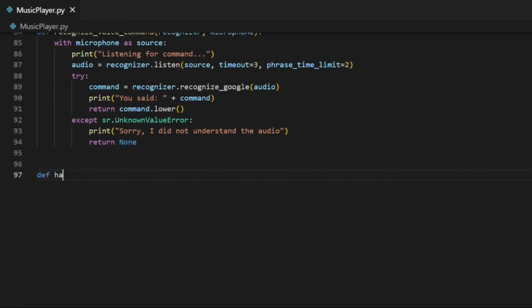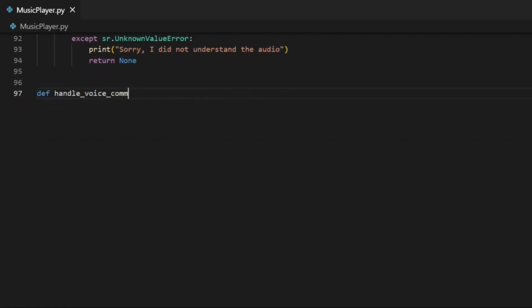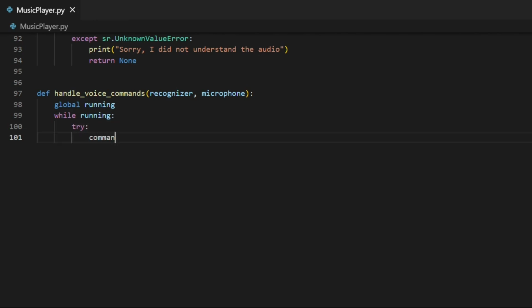Now create a function to handle the voice commands received from the user with the same parameters as the recognize_voice_command function. Access the global variable running, which indicates whether the program is running. Create a loop that continuously listens for voice commands while the program is running. Listen for a command using the